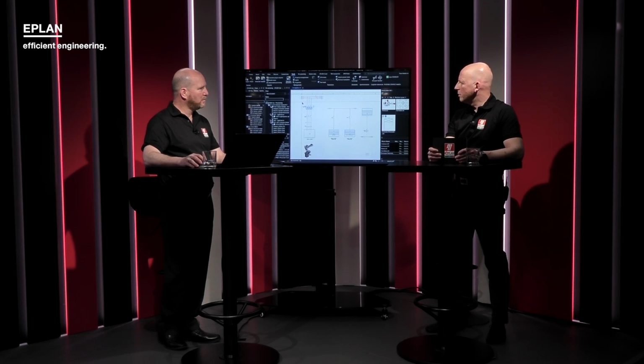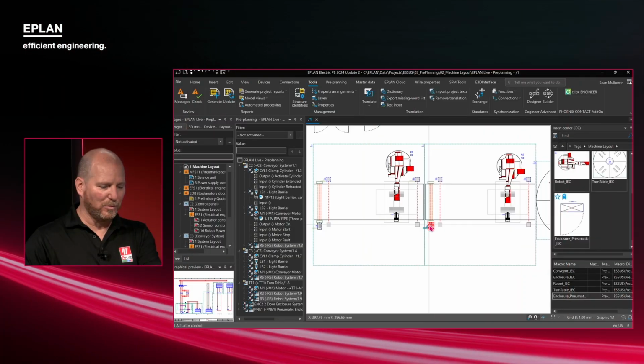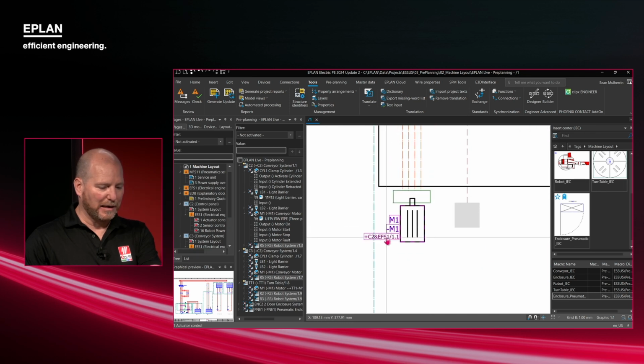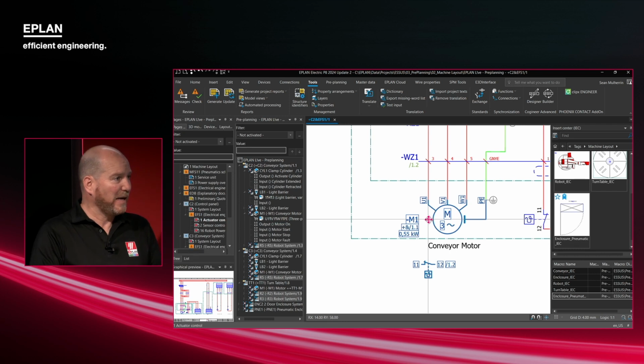And there is that data continuity, right? Because we are on that one system, so all the data that has been collected up front is then forwarded to the schematics. And is the data still connected somehow? Absolutely. If you look at this motor that I dropped in, I have a cross-reference. So I can simply click on the cross-reference and it navigates right to the overview. So the overview is now linked to the engineering design,